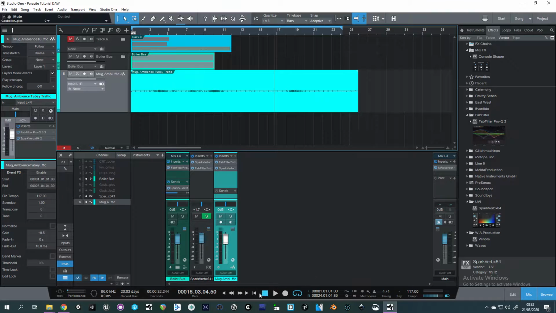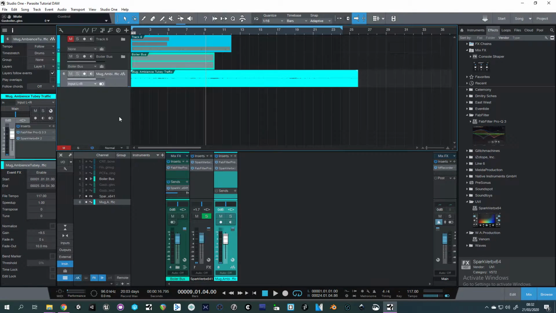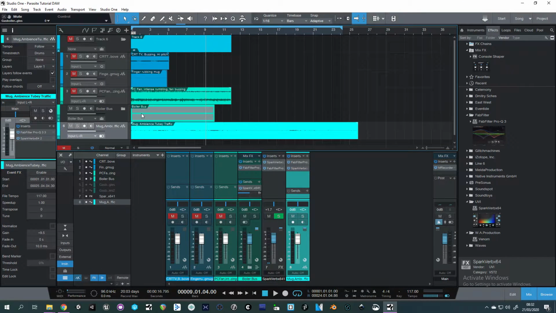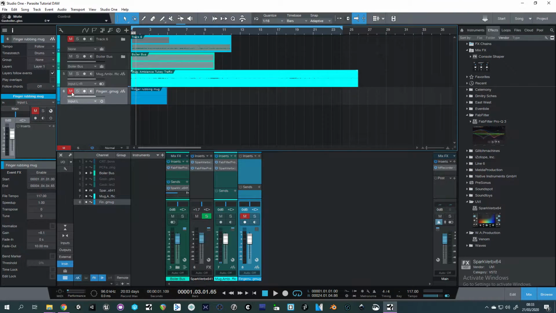Let's check how this fits in with our boiler sound. Just these 2 recordings have created a great body to our ambience, so we'll want to look at more nuanced sounds we can use to add some character next. I'm going to move on to the recording of my finger circling the rim of the mug. The aim of this is to provide the ambience some metallic overtones that give the viewer the sense of pipework